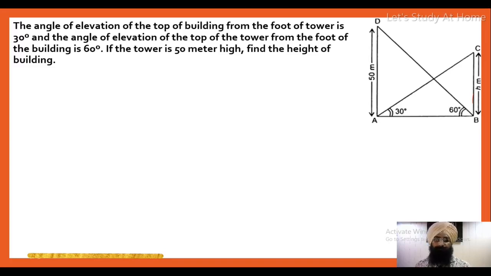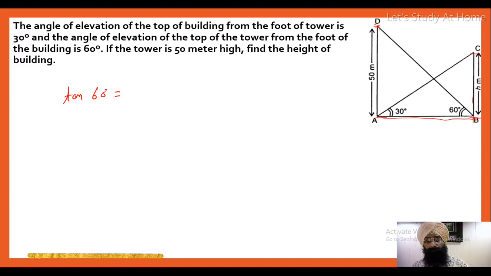Let's start. Every time tan. Tan 60 degree is equal to perpendicular upon base. Firstly think one minute, stay here. Firstly think we want to find the height of the building. This is the height of the building. So to find the height of the building we should know about this base, then we can find it. This base we will find from the perpendicular, means from the height of the tower.